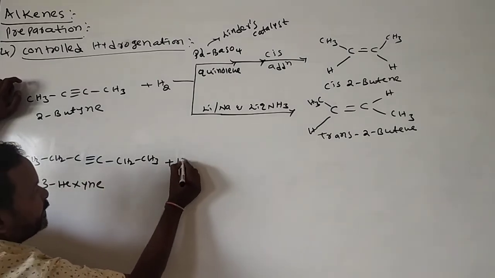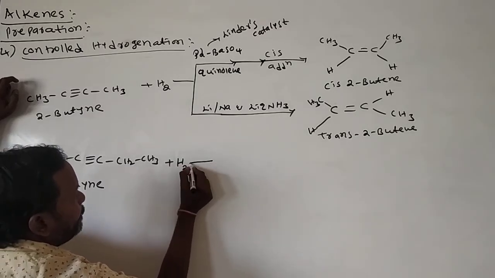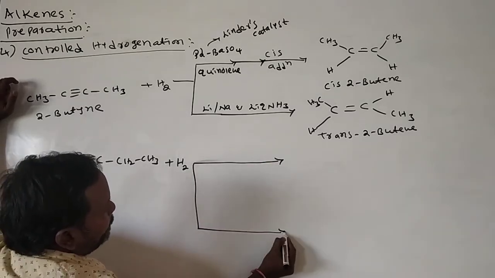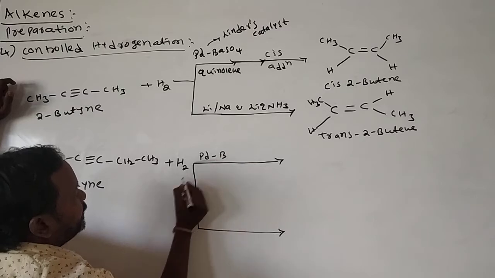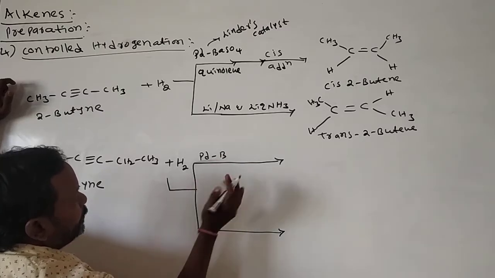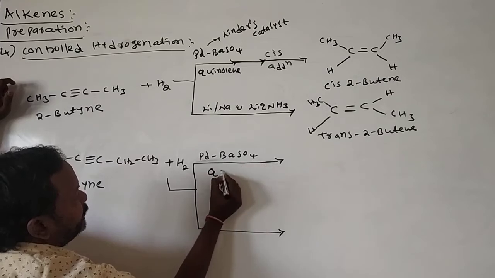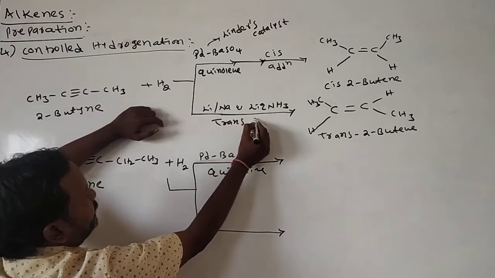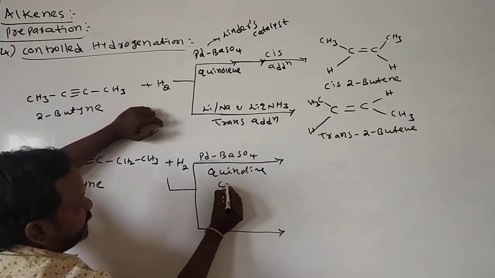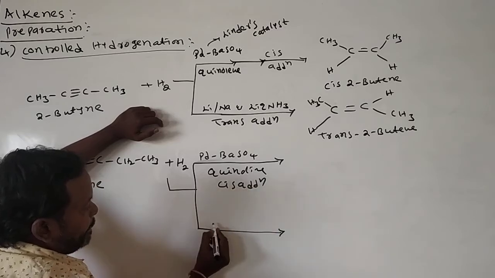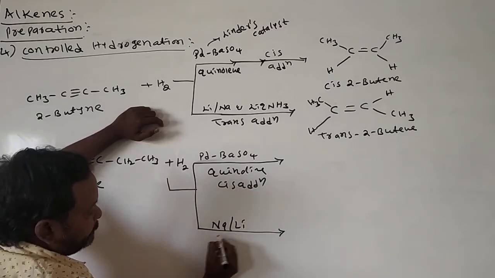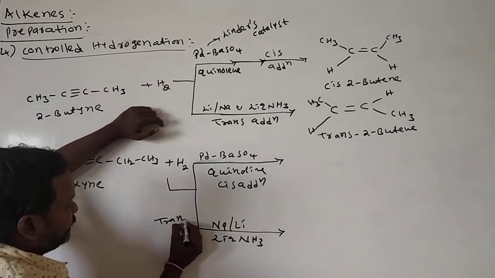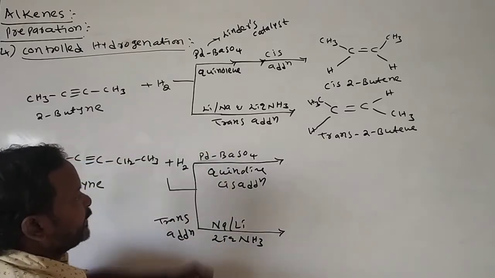The hydrogenation of 3-hexyne also: in the presence of palladium barium sulfate and quinoline, cis addition takes place. With sodium or lithium and liquid ammonia, trans addition reaction takes place, and forms